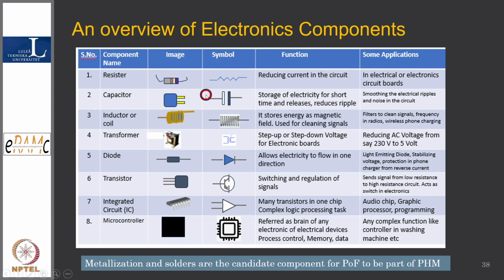And its symbol is like this. When we make an electronic circuit, we represent it with this symbol, and the function is reducing current in the circuit. Okay. If you want to reduce current, like in a simple case, our chargers, of course we don't do it directly through a resistor, there are many devices, but if you want to reduce the current a little bit for some application